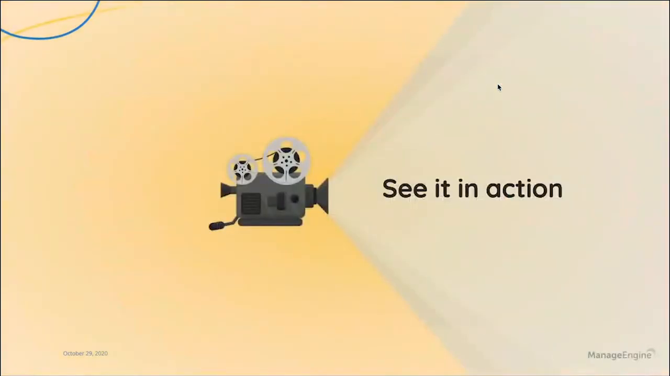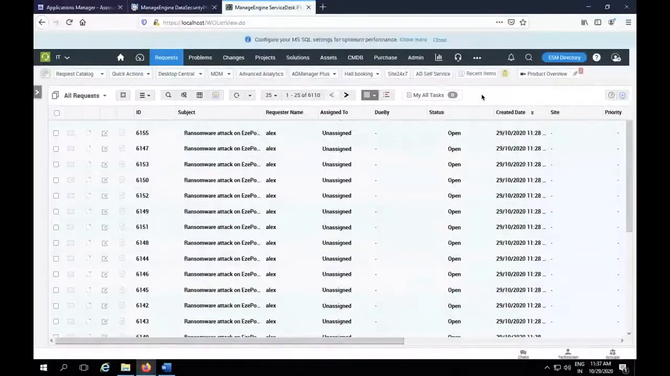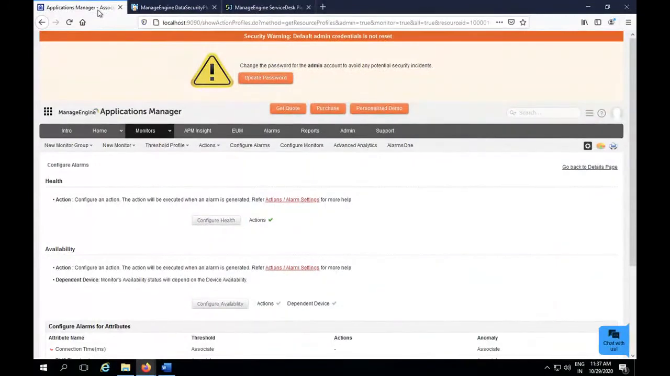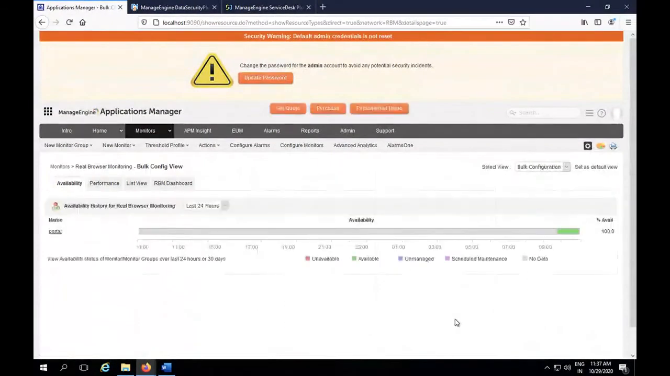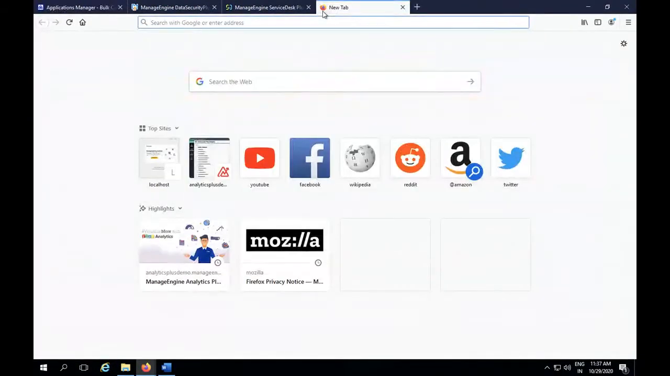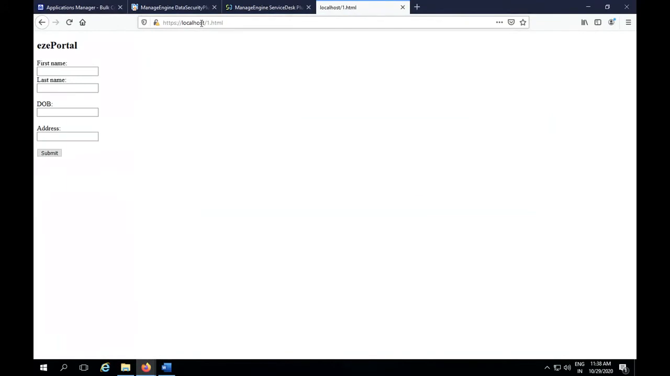For this, I'm going to show you the third feature in Applications Manager, which is real browser monitoring. Under monitors, we'll have real browser monitoring. I have already created a monitor for one of my web pages. Let me quickly show you the web page that's been created. It's a very simple form that's built by my developers. It's an HTML page. Imagine this page is deployed in production,